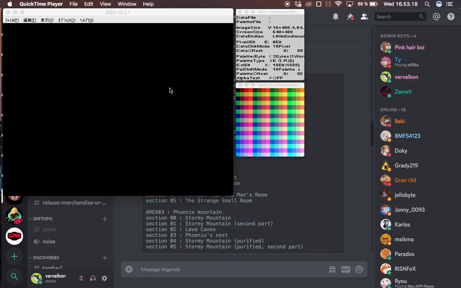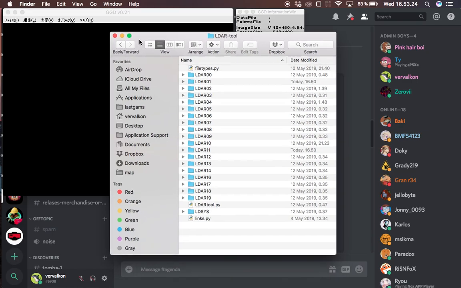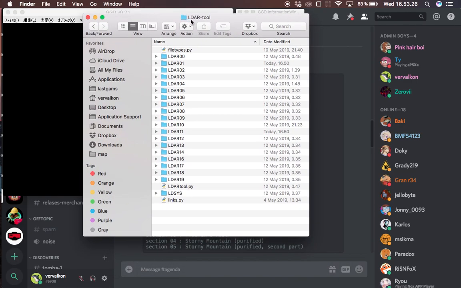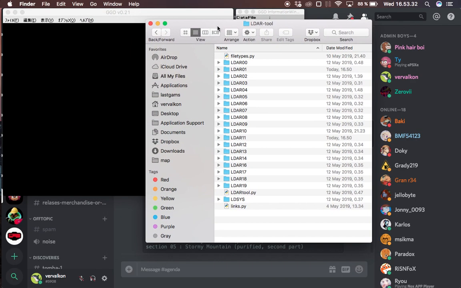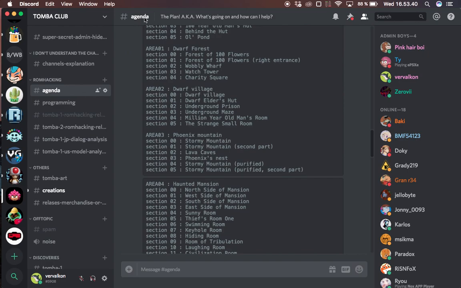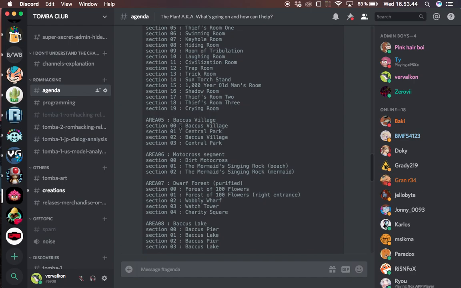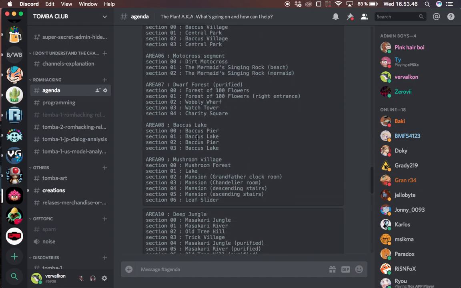But anyway, you need GGD and you need the output folders of the LDAR tool. And yeah, this is how I work. First off, you want to check something out. Let's say I want to check, you need to go to the agenda channel so you know what you're doing. I want to look at the files of